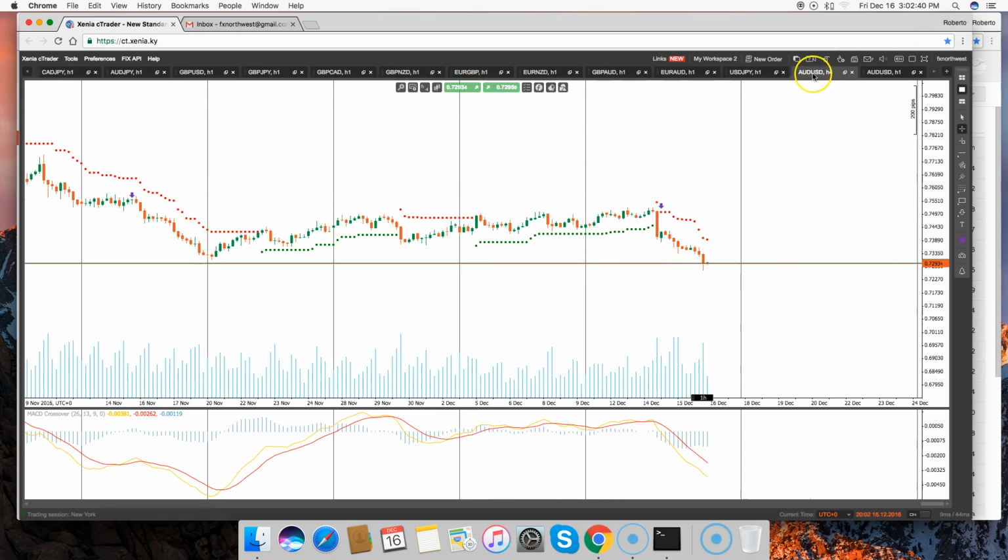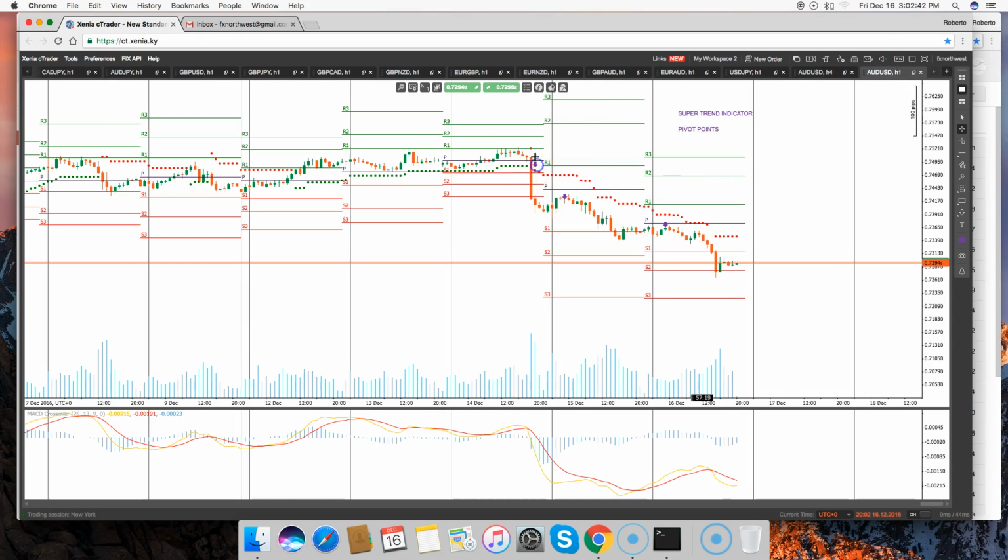So all I do is go to the 1-hour chart, and there it was. There was the trade back here on the 14th, right there. And notice that price is below the central pivot point, and that's what I'm looking for. I need price to print below the central pivot point, and also the super trend indicator giving me a sell signal. And then there was the trade,